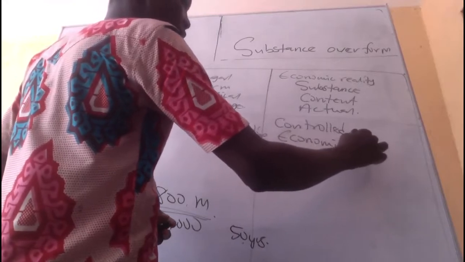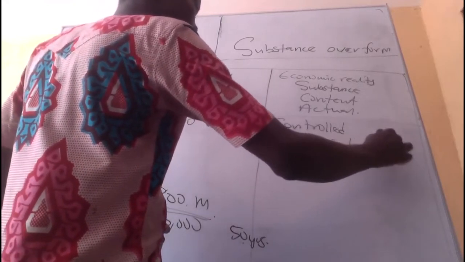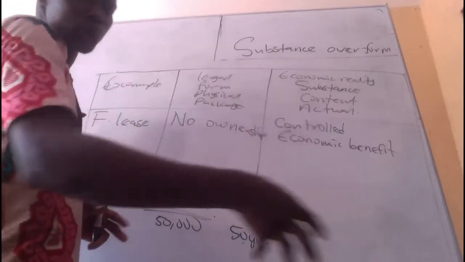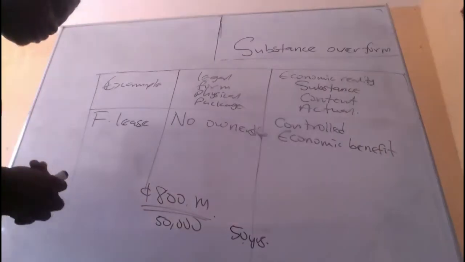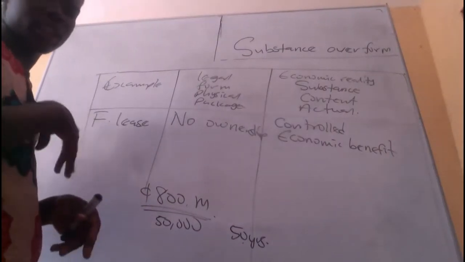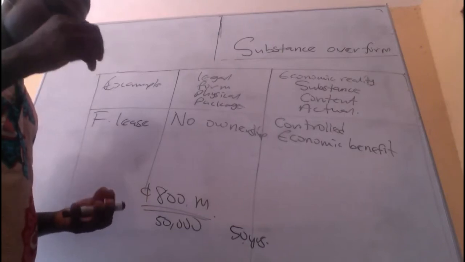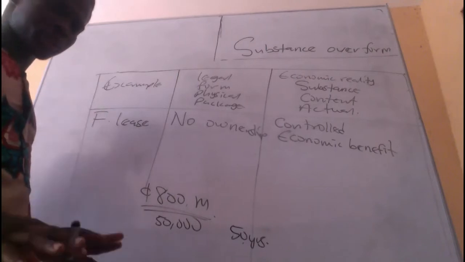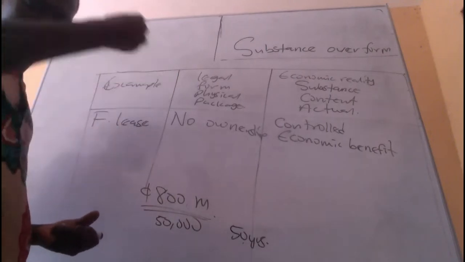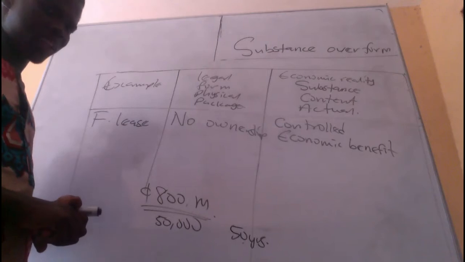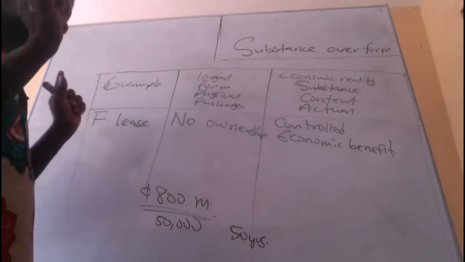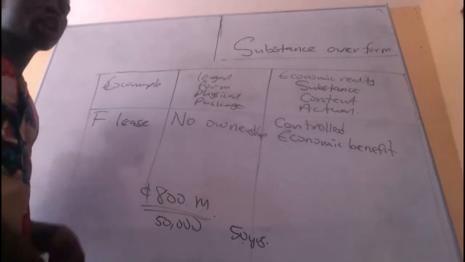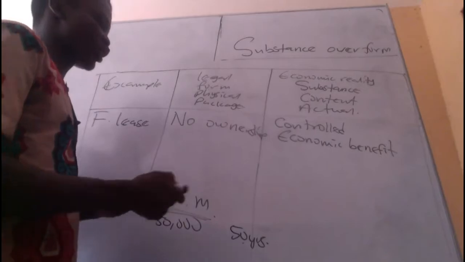The economic benefit will move to us. The economic benefit is not the money that we are paying to the owner. That's not the benefit you're talking about. The direct benefit of the building, where will it flow to? We are occupying the building, and the cash flows from the building are moving to our bank accounts. So we are directly enjoying the economic benefits. That's why we have the right to record it.